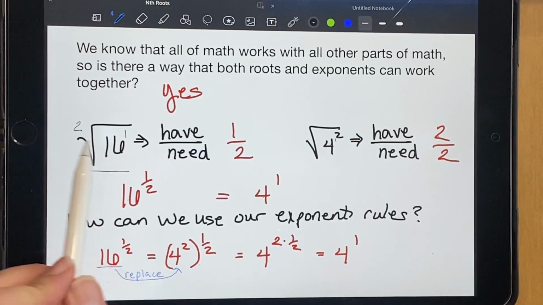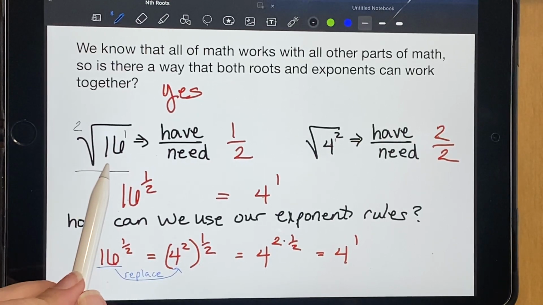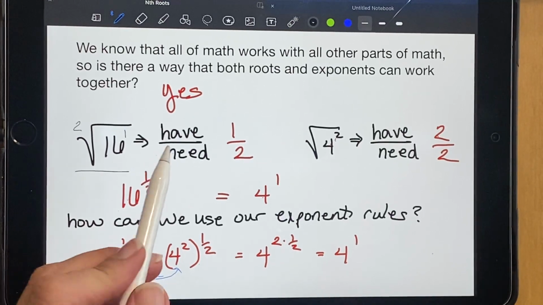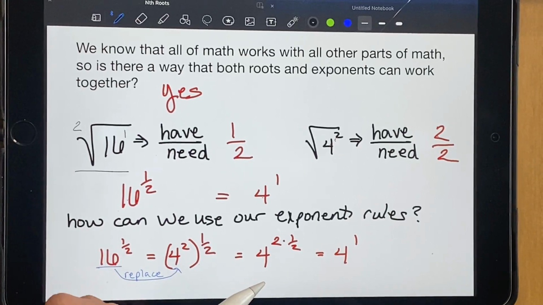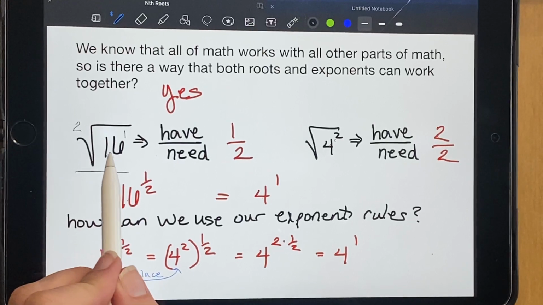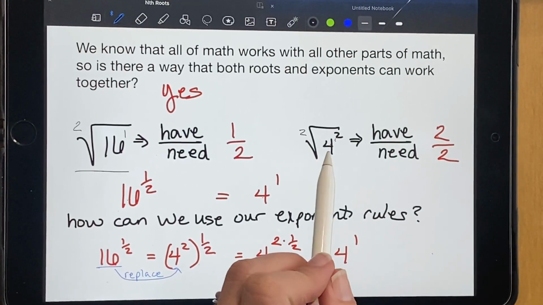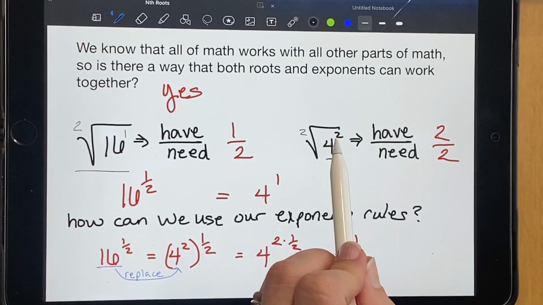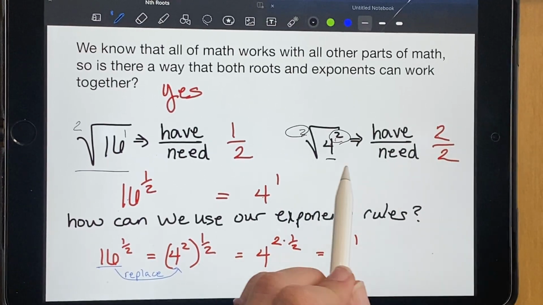When I think of solving the square root of 16 here, when I talk about it in my have-need fraction form, say I have 1/16, I need 2/16. If I were to rewrite the square root of 16 as the square root of 4 squared, in this case, my base is 4, and I have 2 of them, and I need 2 of them,